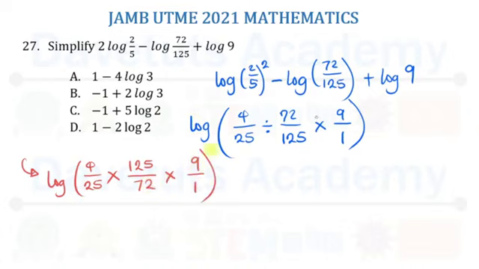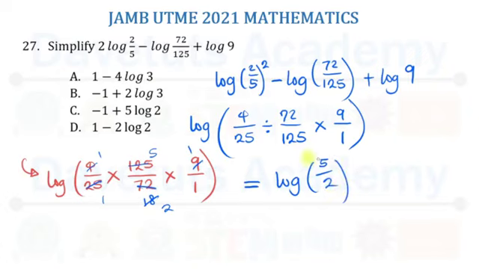So let me try and cut this now. 25 here 1, 25 here 5, 4 here 1, 4 in 72, 1 18. Okay, 9 here 1, 9 in 18 2. So I have this to be nothing but, wow, this is interesting, log of 5/2. But looking at the options that I have here, we have log 2 here, we have log 2 here. So that's an indication of what we are looking for. In short, we can say